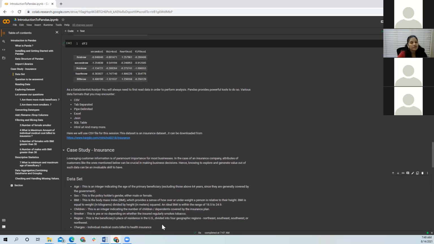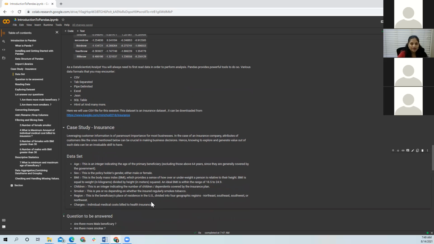So basically, when you think of health insurance, we expect people who are not healthy would have more claims compared to people who are healthy, or people who are smokers would have more claims, or people who have higher BMIs or an unhealthy lifestyle would have more medical claims. So these are some hypotheses which we have. Now, with this data set, we will check if all these hypotheses are correct.